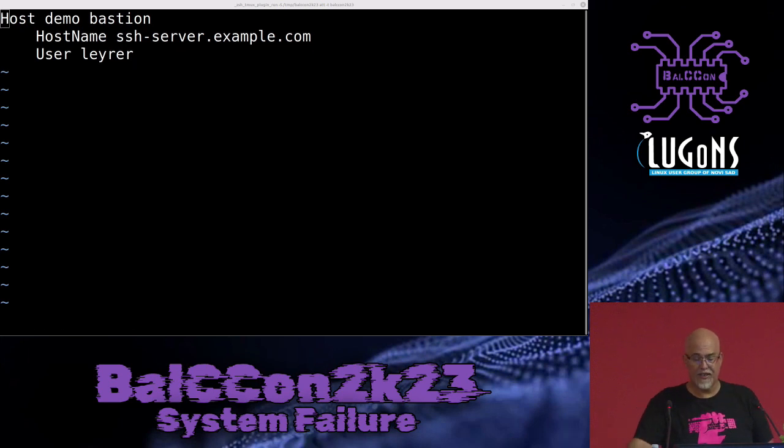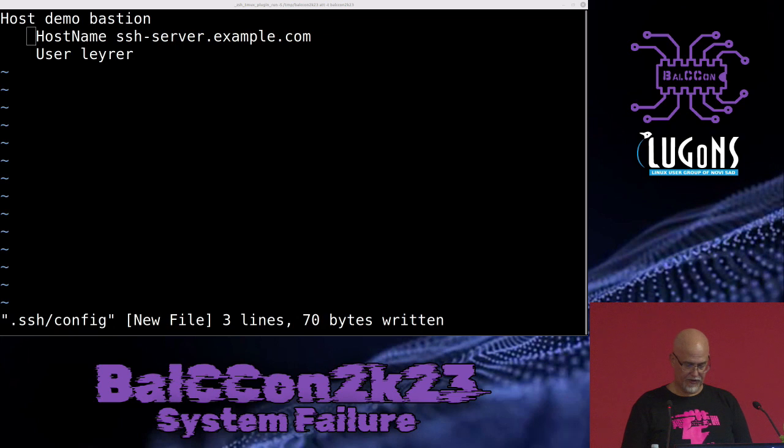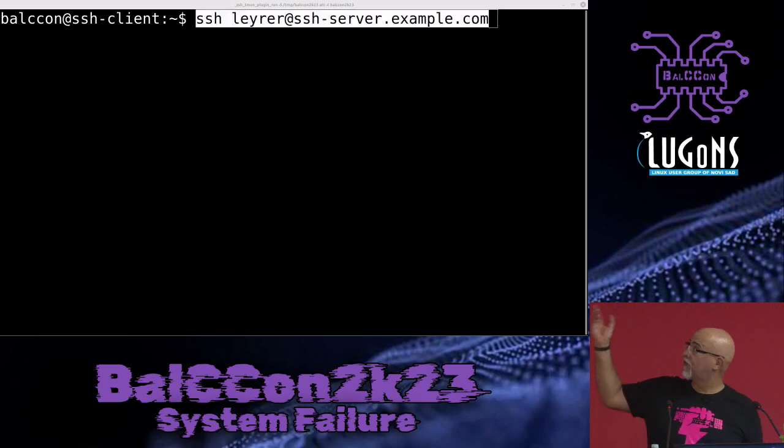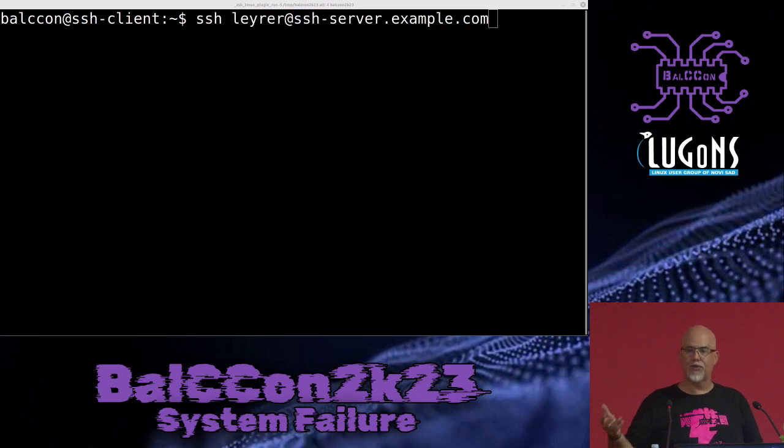So I can add the host keyword, I can add my two aliases. So for me, this is demo and bastion. We will see what we need to see later. We'll point it to the server sshserver.example.com and to the user leyrer. So if I save this, let's just check this. I can do what I've shown you before. I can just do the regular command that you know. Is this visible enough? Back rows? Good? Excellent. I can do an SSH as the user leyrer to the server